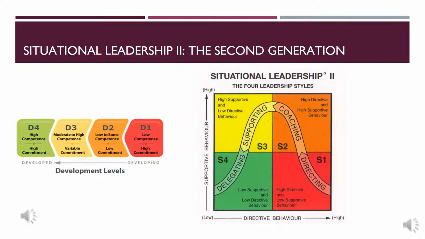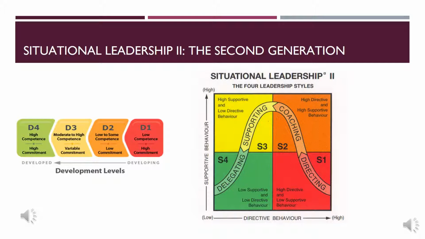Once we've determined what stage of development our employee or team member is in, we need to select the appropriate leadership style to support them and help them progress in their development. The chart to the right here reflects 4 different leadership styles, which are 1, directing, 2, coaching, 3, supporting, and